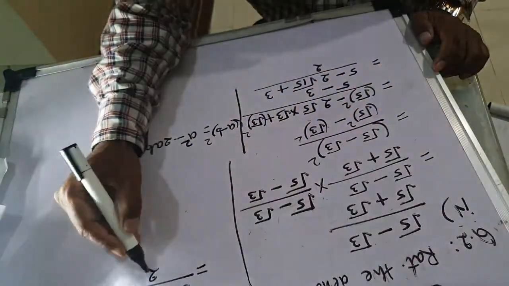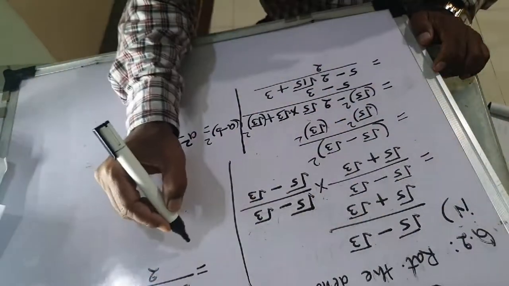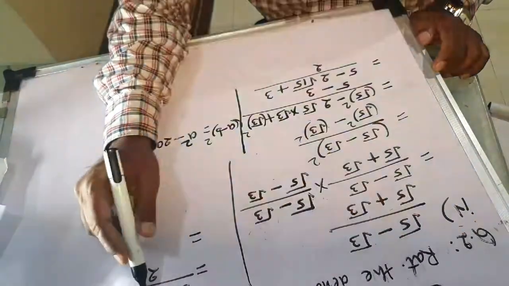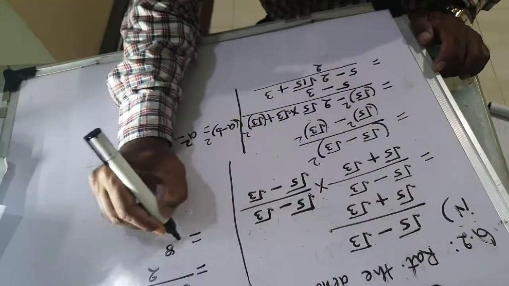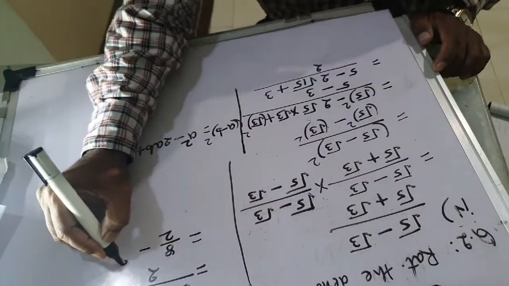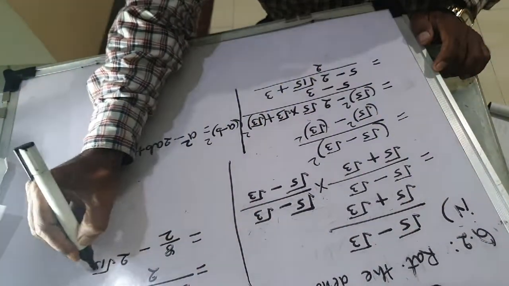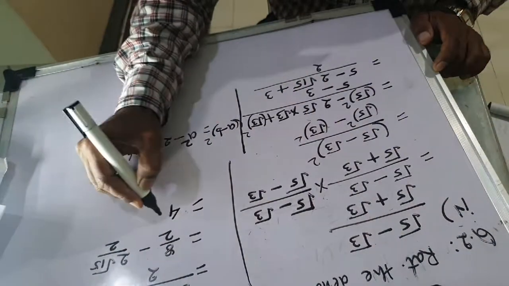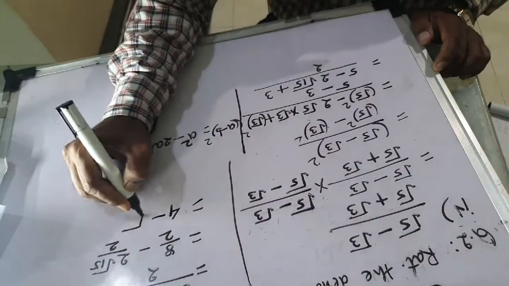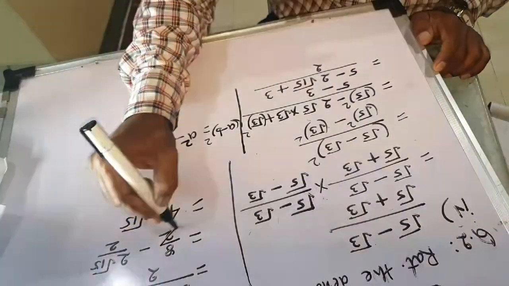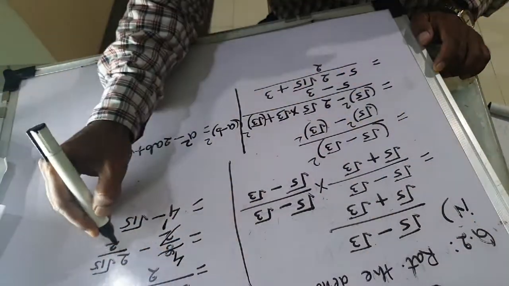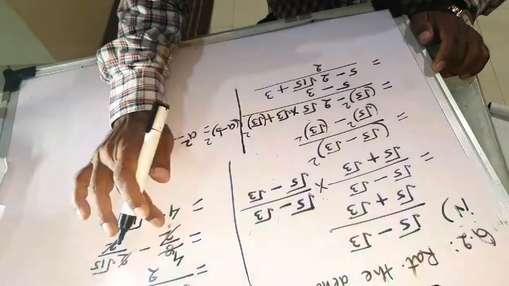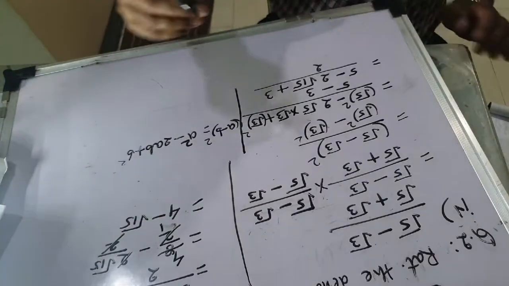Now this is the denominator for this also and for this also. So we can separate the denominator. Why? Because this is divisible. So 8 upon 2 minus 2 root 15 upon 2. So that is equal to 2 fours are 8, so 4, minus 2 cut root 15. So this is the answer. 2 ones are 2, 2 fours are 8. These 2 cut, these 2 cut. So 4 minus root 15 is the required answer for this sum.